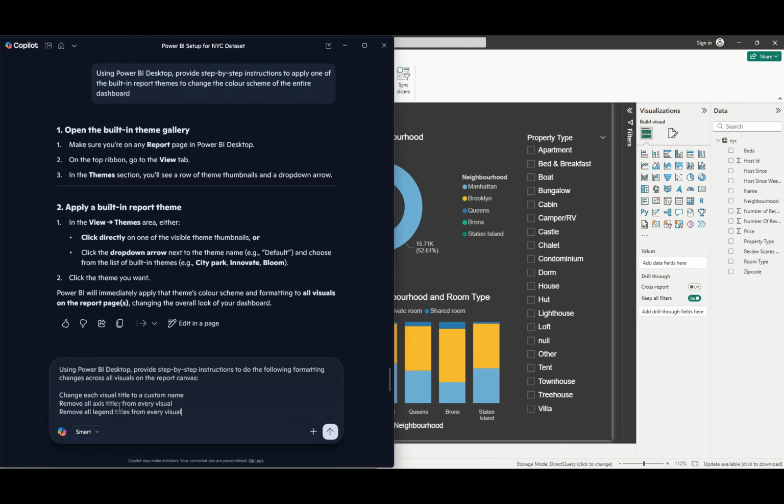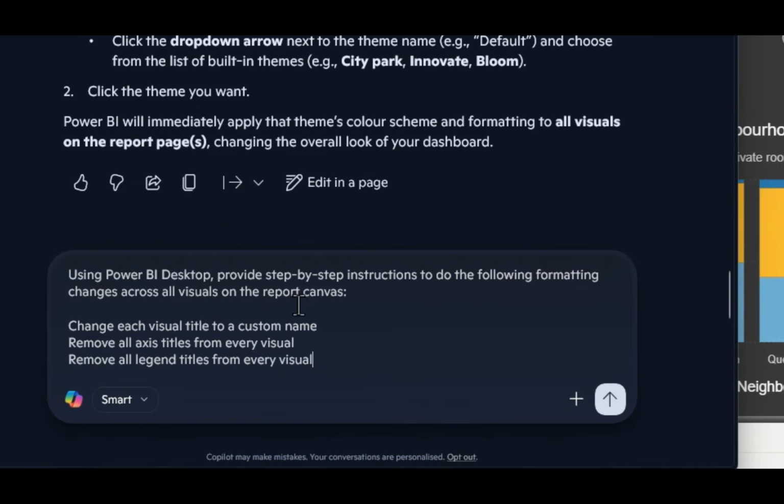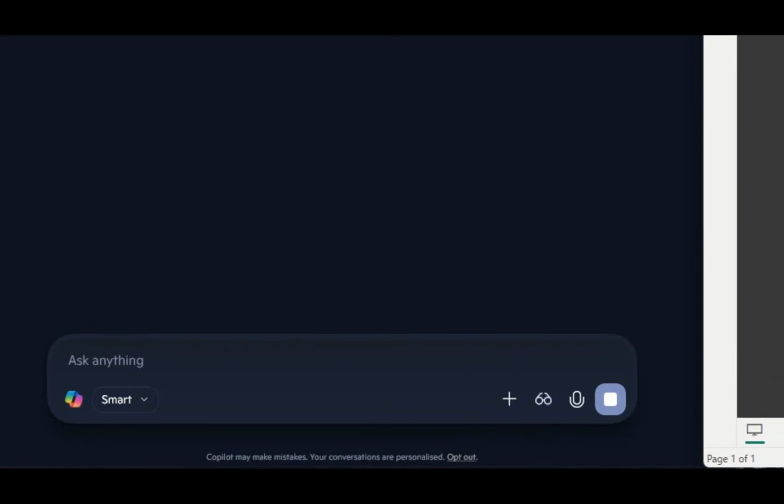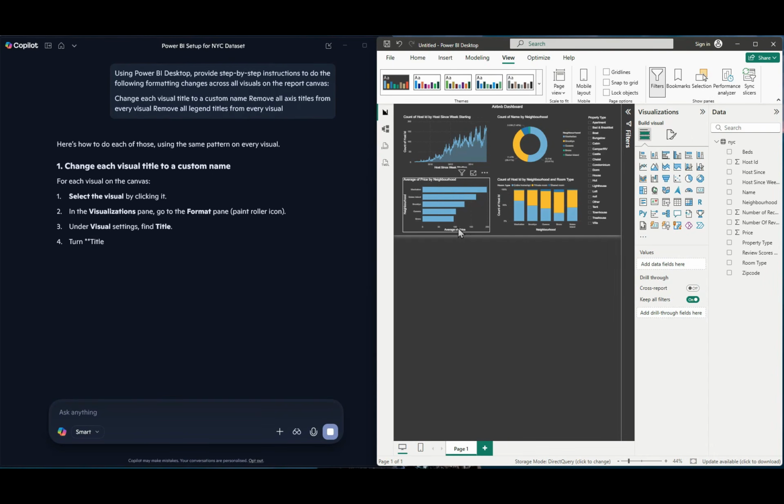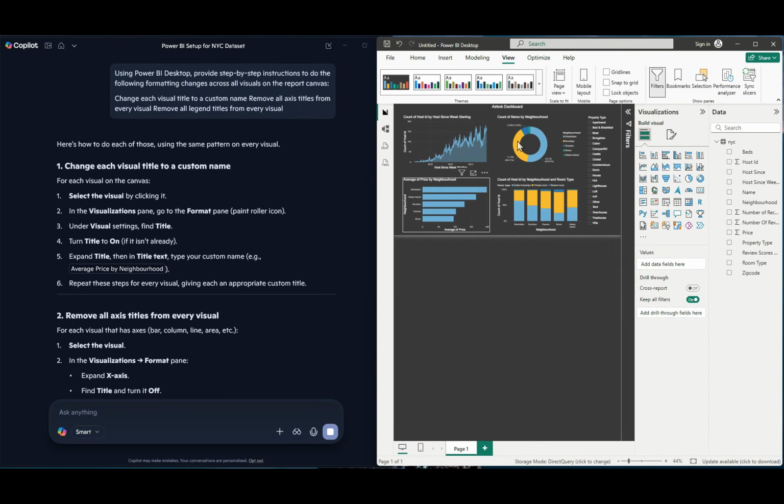Okay, so again, to get instructions, we have a very similar prompt, but this time we're going to use Power BI Desktop: provide step-by-step instructions to do the following formatting changes across all visuals on the report canvas. Change each visual title to a custom name. Remove all axis titles from every visual, and remove all legend titles from every visual. So that means we want to remove all of these legend titles, all these axis titles, and change each title